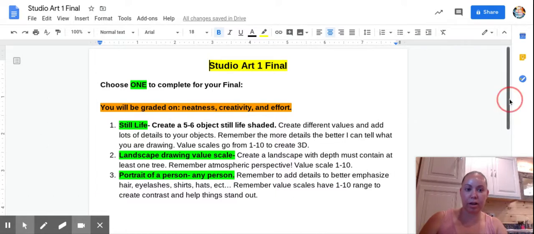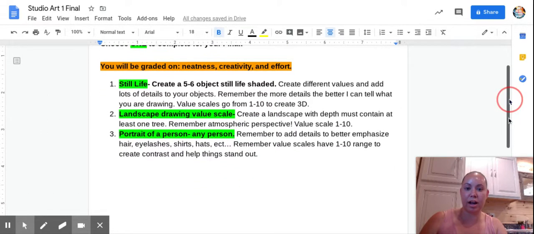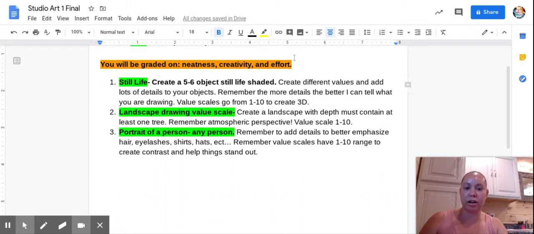All right. And also that you're following the class requirements, like the project requirements. Okay. The rubric will be on another section, and I will have a video explaining the rubric. You can choose between a still life, a landscape drawing value scale, a portrait of a person, and it can